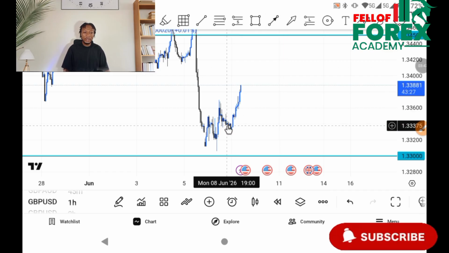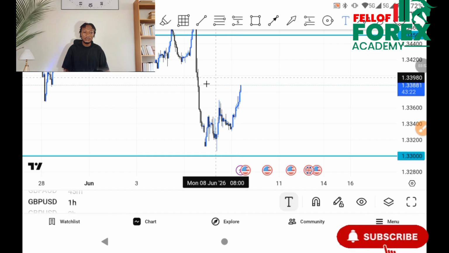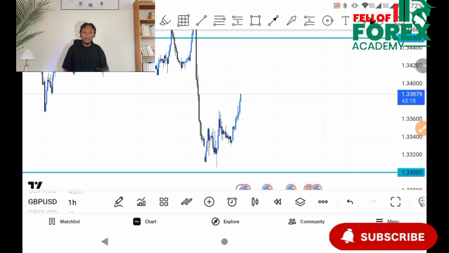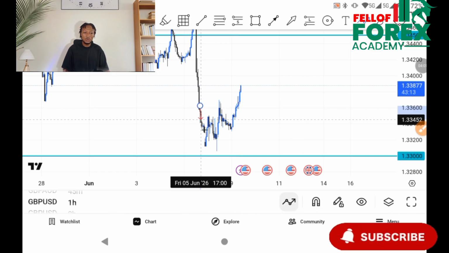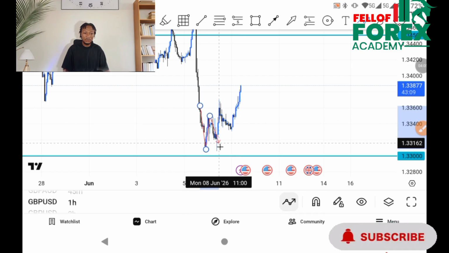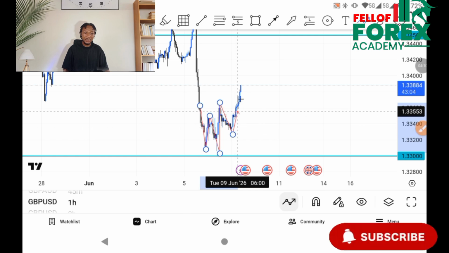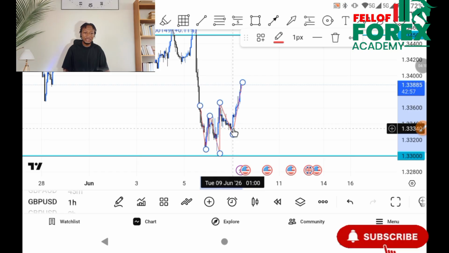So we are currently in this trade. Why? Because price gave us a clean pattern for those who understand pattern trading. 1, 2, 3, break, retest, buy. So I bought somewhere around here. I had a 4 hours engulfing candlestick here, and then I saw this pattern on the 1 hour, so we